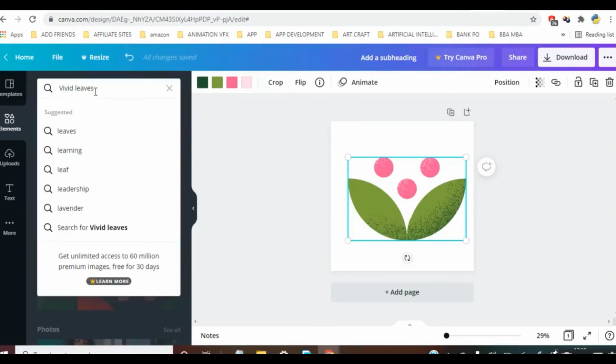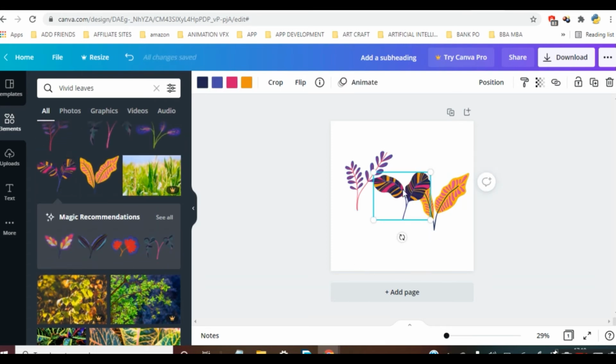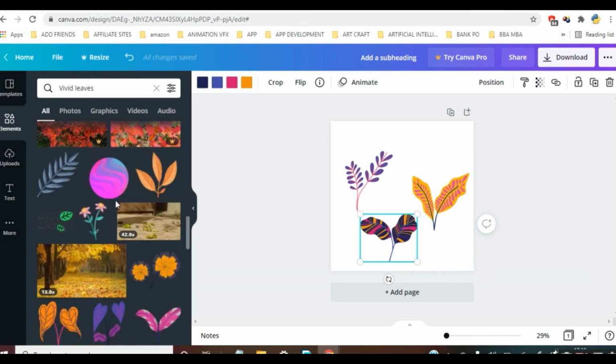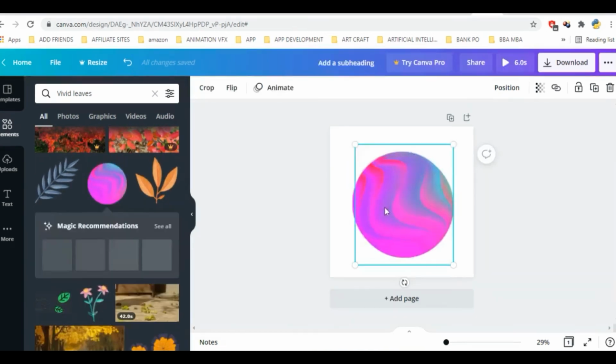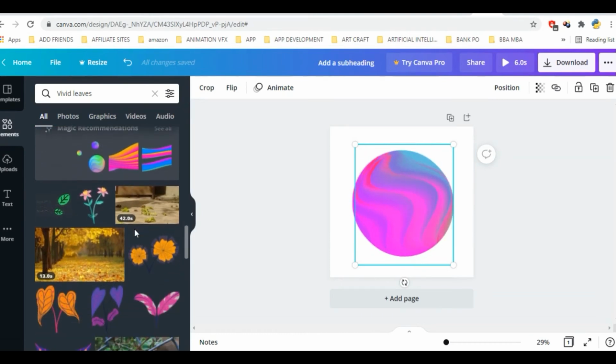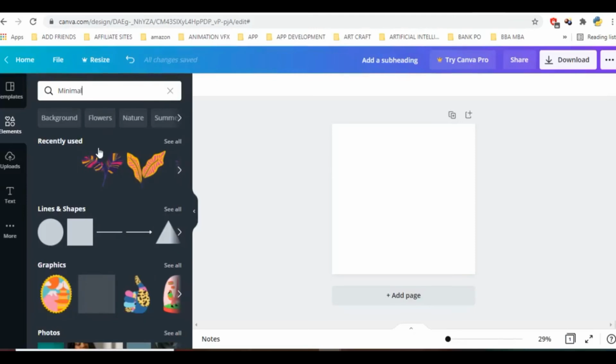The next keyword is vivid leaves. Here you can find many leaves and patterns. You can use them for creating botanical illustrations. Now here I found a very beautiful element, so I am using this to create my own design. Also you can add animation, you can animate your design according to yourself, whichever way you like.